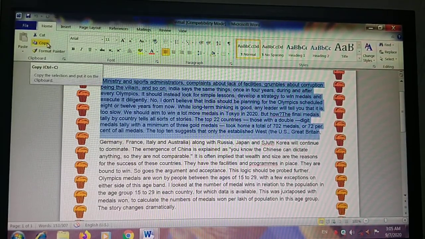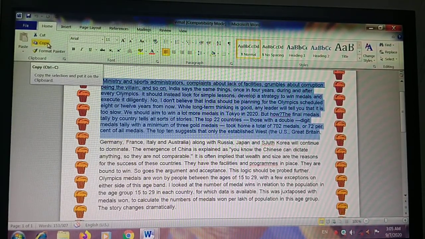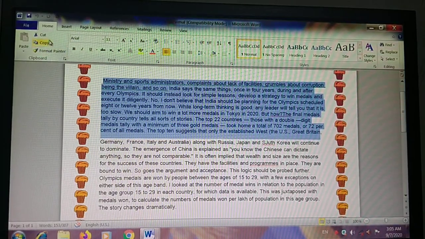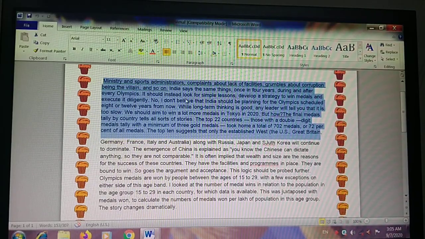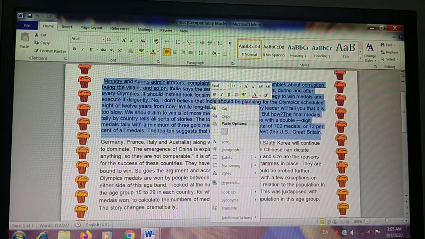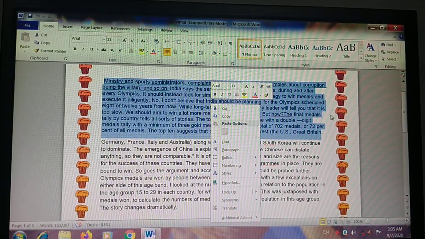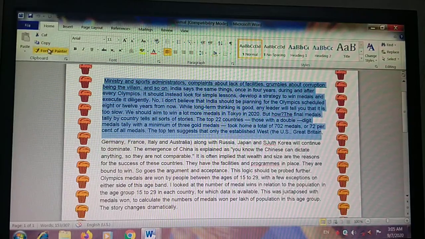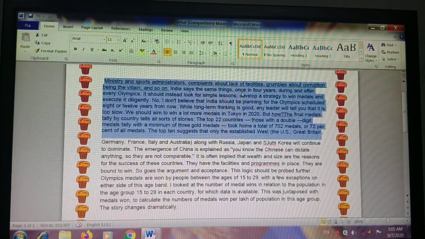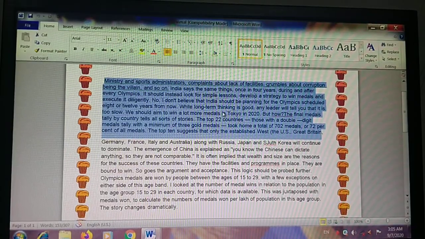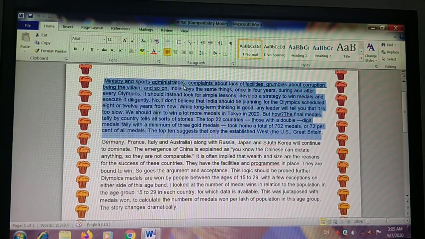Here you can see the copy option is given, or the short form is Control plus C. The short form to copy is Control plus C, or you can right click on the selected text and you can also copy from here. Okay, these three options I have told you. You can copy from here, or you can press Control C, or you can right click and copy your text from there.